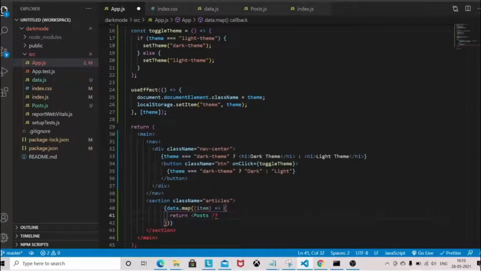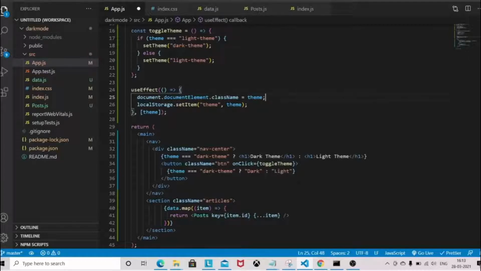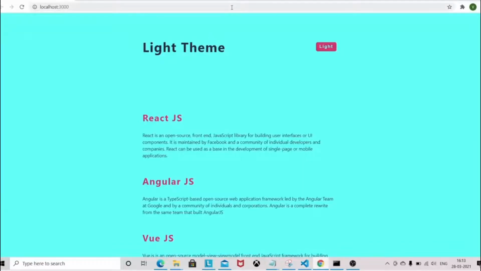In the post component we are going to pass key first in order to avoid the warning in the console log. Then we are going to provide all the props that we have here in item. So let's go into the browser and reload and click on light.